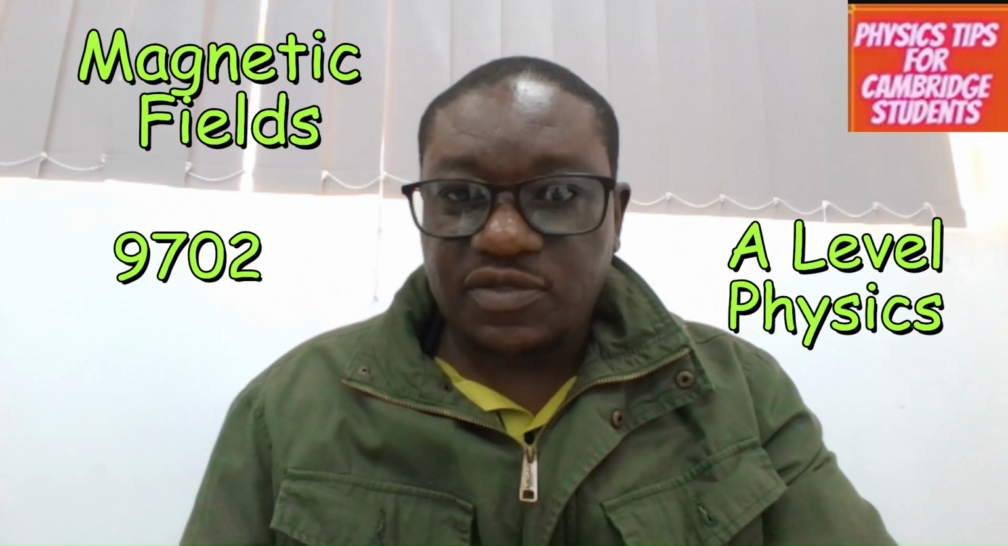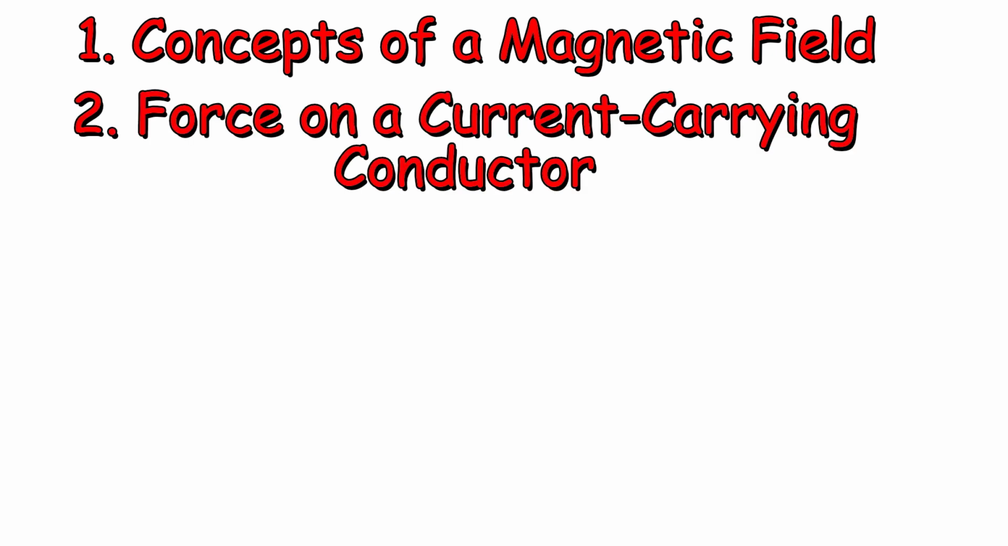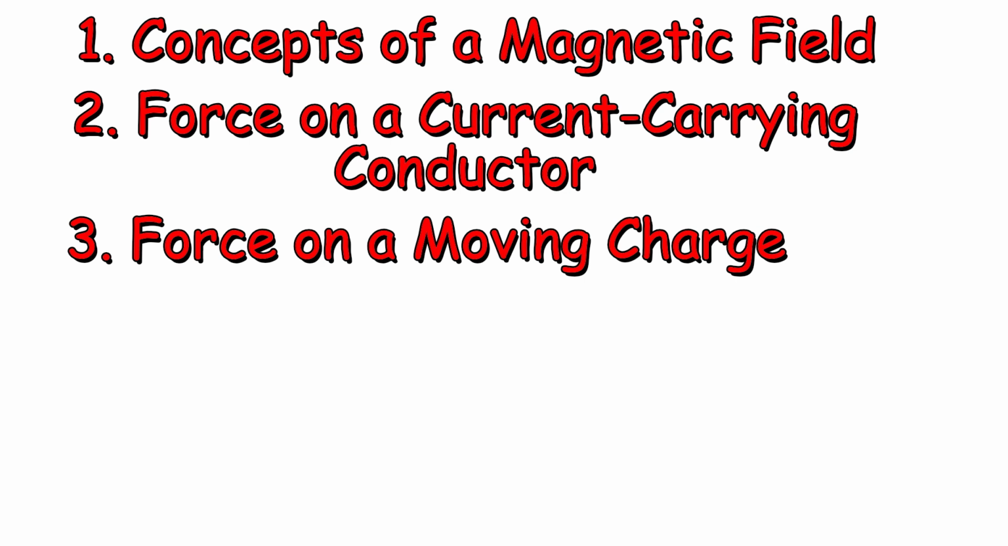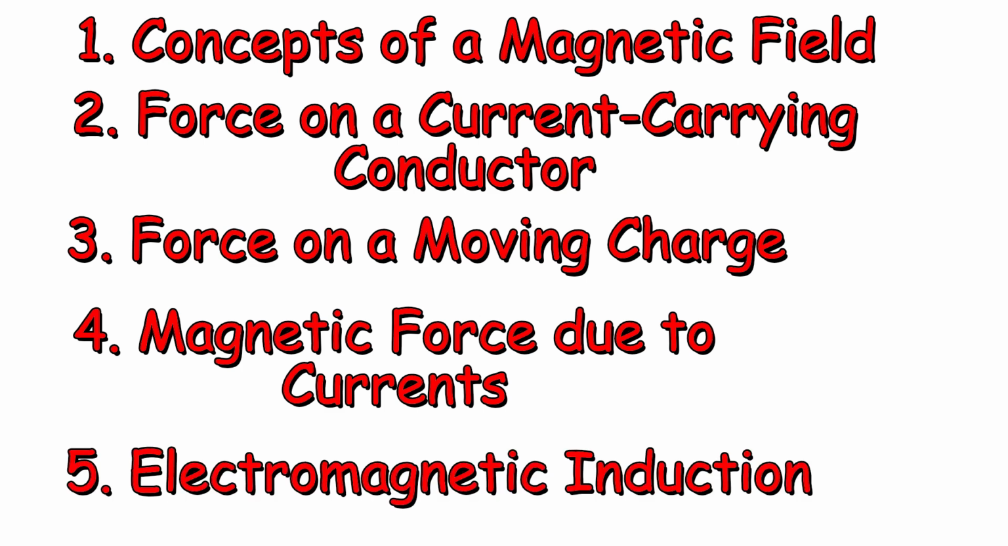Today we are going to be looking at the 9702 A-Level Physics syllabus and the topic of magnetic fields. This is the part 1 video of 5 videos that I'm going to make. And in this one, we are going to be covering concepts of a magnetic field. The second video covers force on a current carrying conductor. The third one, force on a moving charge. And the fourth one, magnetic fields due to currents. Then finally, the fifth one, electromagnetic induction. Now, electromagnetic induction used to be a topic on its own, but in this new syllabus, it has been incorporated